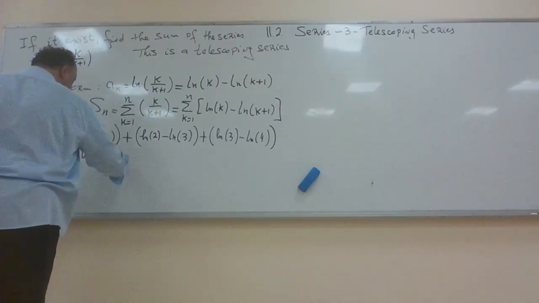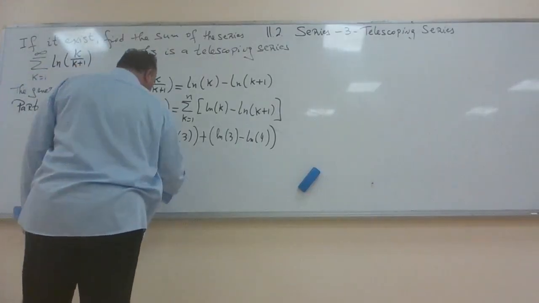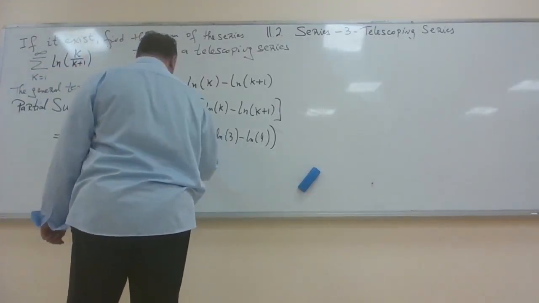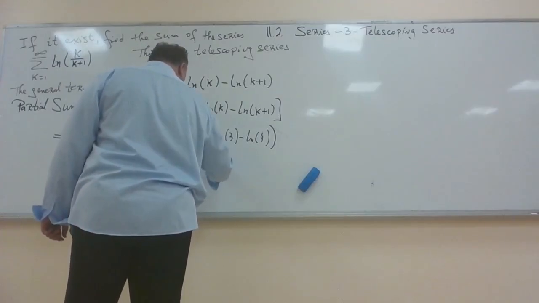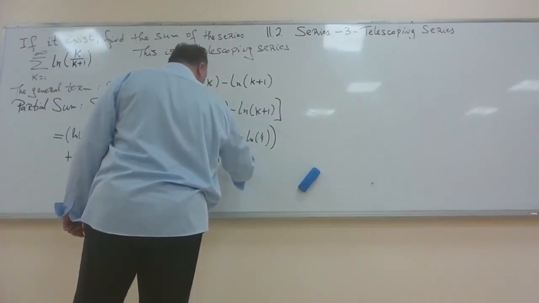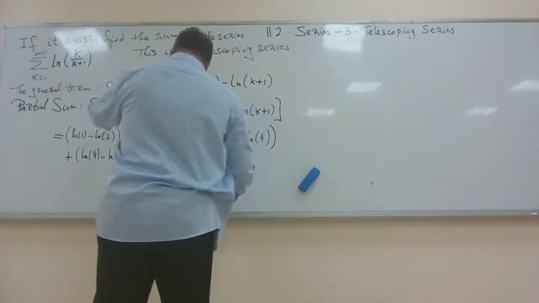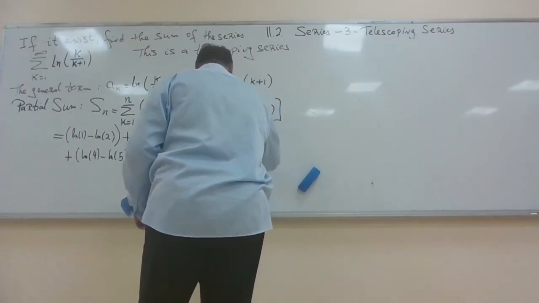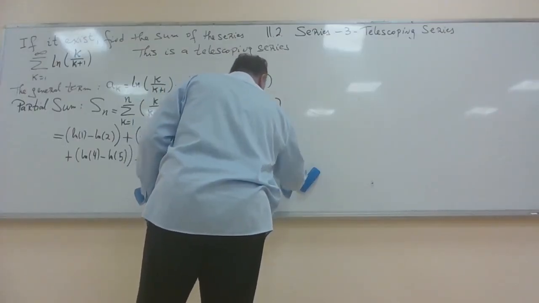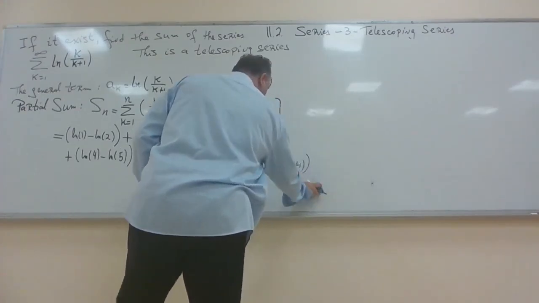ln4 minus ln5. So obviously we see the pattern a little bit. So let me write for n minus 1: ln(n minus 1) minus ln n, plus the last piece for the Sn, which is ln n minus ln(n plus 1). Okay,